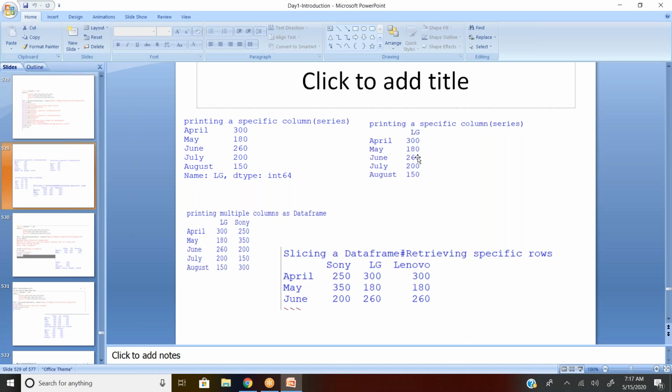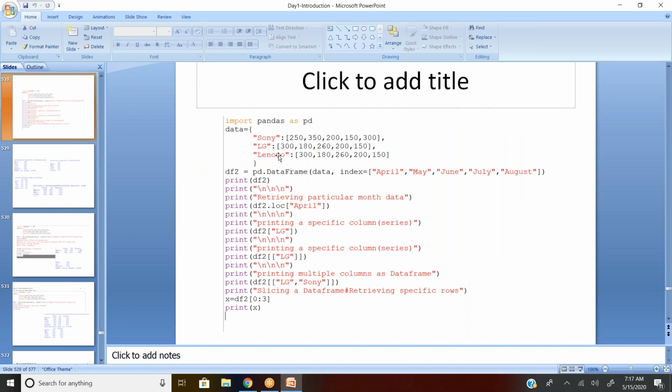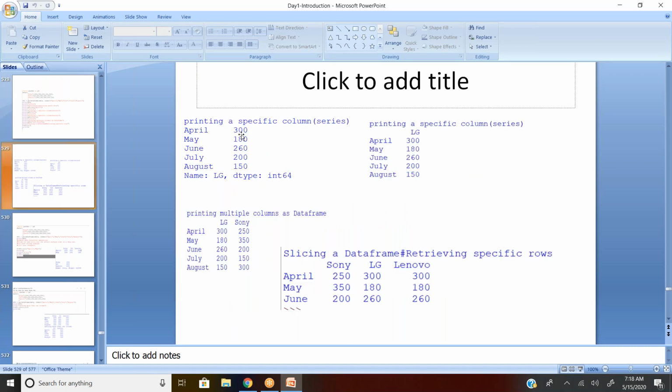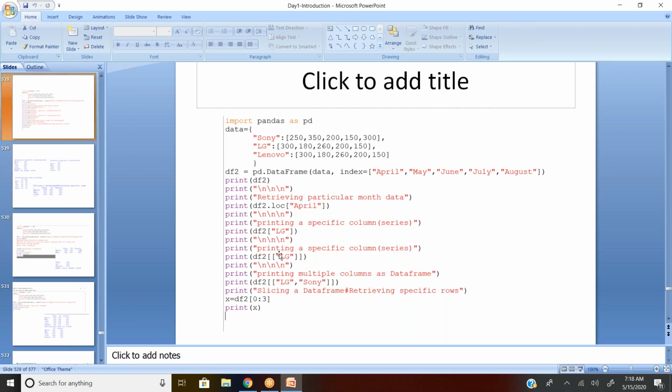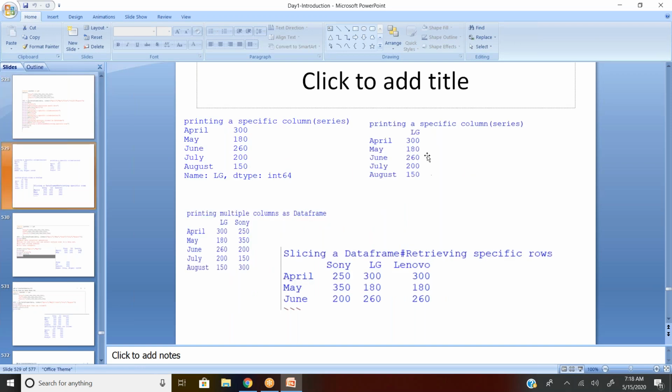The column name, heading. So if you're compromising, if you're not getting any column name and you're okay, then go with the first one, df2 square brackets with the column name in double quotation. You're going to get a particular column's data, but not the column name, nothing but the first one. You're not getting any column name. But when you're coming to the second one, use double square brackets. So you're going to get the column name along with the data. Data is not changing. Only the column name will be displayed. Are you getting my point?